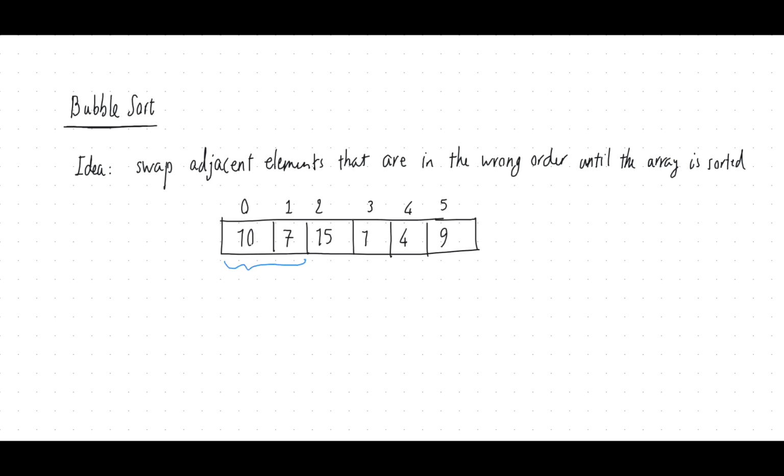7. We compare them and make sure that they're not in the wrong order, which they are in this case. 10 is greater than 7, so it shouldn't be before 7. So in that case, we need to swap them, right? So we swap 10 and 7. So 7 goes here and 10 goes here. Okay? Then we look at the next two adjacent values, 10 and 15. And we make sure that they're in the right order, which they are. 10 is less than 15, so they're good. So in that case, we don't swap them, and we move on to the next pair of values, namely 15